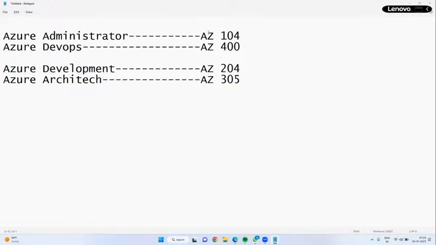Is any coding required, sir? For administration, no coding is required. That is why we have a separate development paper. For development, you should be proficient in Java or .NET so that you can move to development. Azure Administration and DevOps is total configuration and implementation. No coding is required. Some scripting part is required, which I will cover.